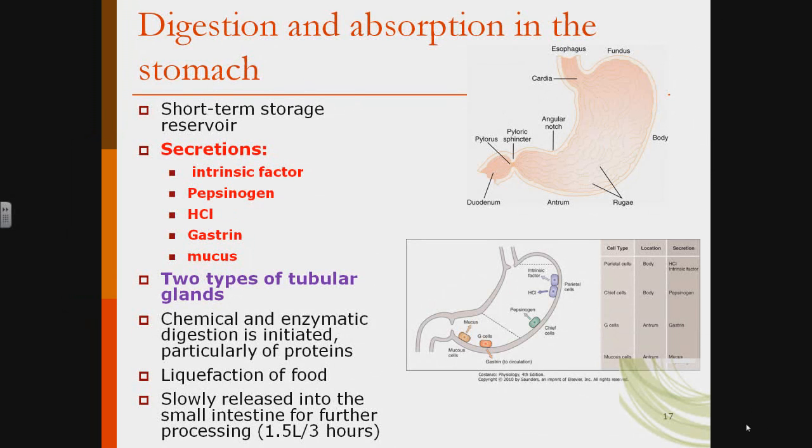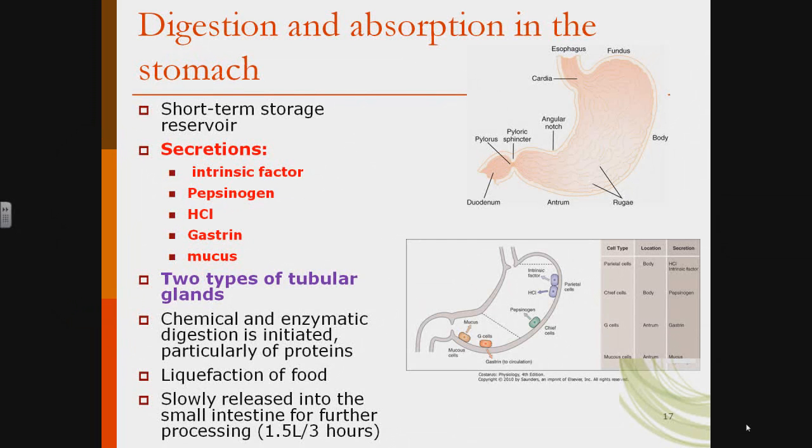Now we find different gastric glands in different parts of the stomach. We find different glands in the body of the stomach versus the antrum. So if you look at the bottom picture, you can see the most numerous cell type in the body would be the parietal cells, and in green you're seeing chief cells. Then in the antrum you're seeing mucus cells and G cells. And I'm actually going to modify this picture a bit. We find mucus cells even in the body. So along with the parietal cells and chief cells, you should also mark that you would have mucous neck cells.